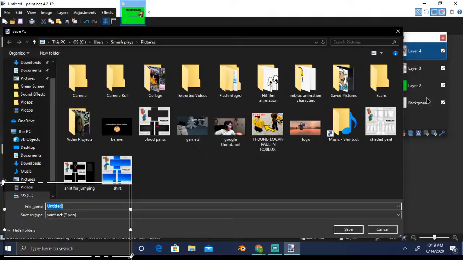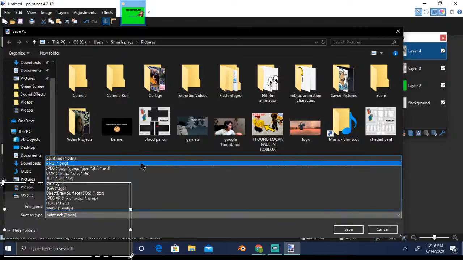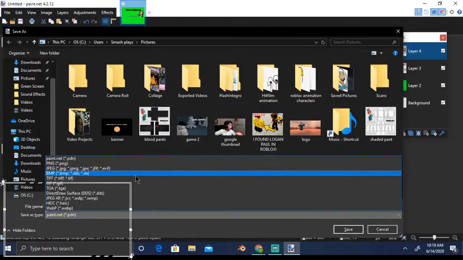But then this is not your image. You cannot upload this image on any website or other areas, because PDN format is not supported by any other platform. So what you have to do is select PNG, JPG or another format which is supported by other tools.